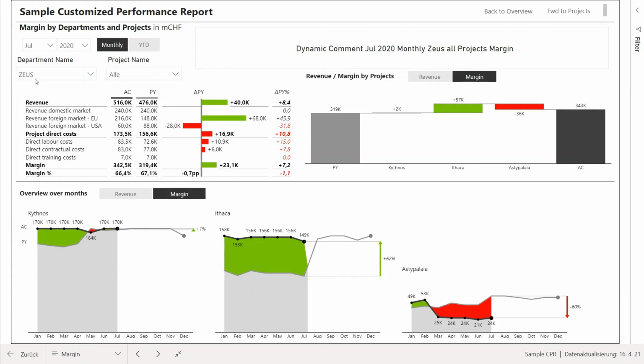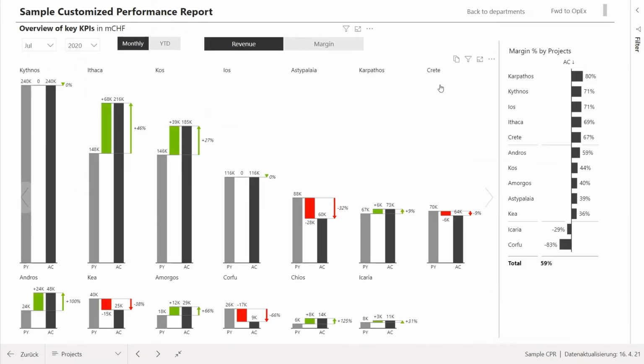So here you can see the results for the selected department and project. And here you can see revenue and margin for all projects within the selected department. We have another overview only by project, so let's just quickly look at it. Here we can see all projects at the same time. They are sorted by revenues, so we immediately see which are bigger and have a stronger impact on overall business results. We can also instantly notice which operate better and which worse than last year. These with red,